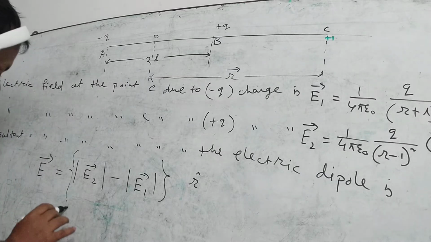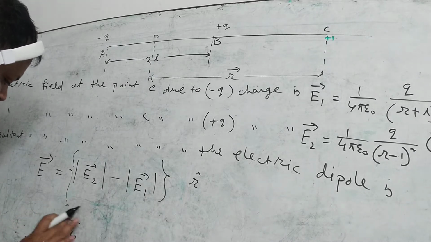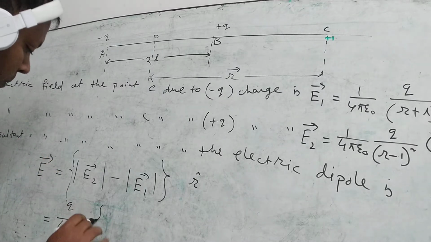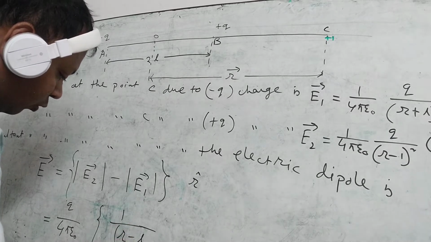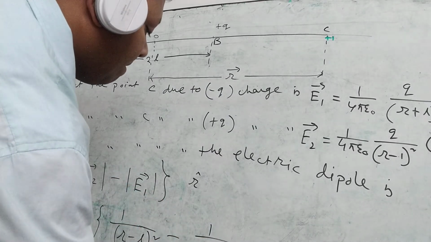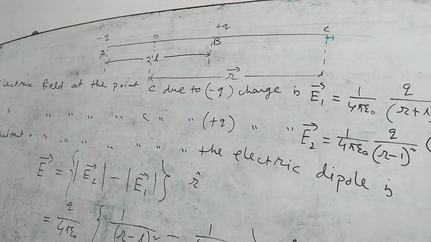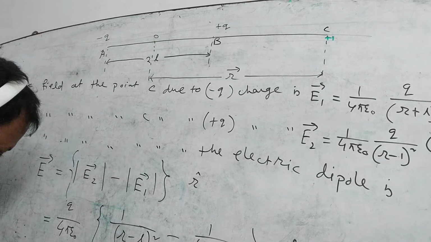This is equal to 1/(4πε0) q [1/(r−l)² − 1/(r+l)²] r cap. This is equal to q/(4πε0)